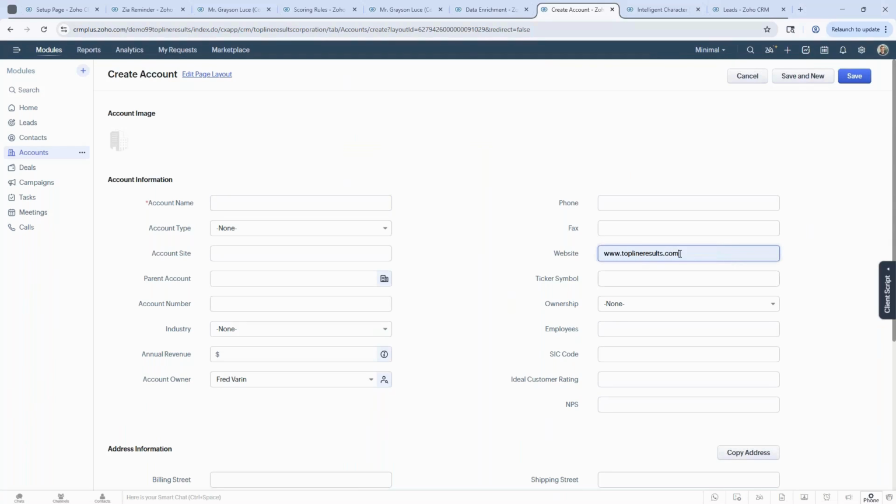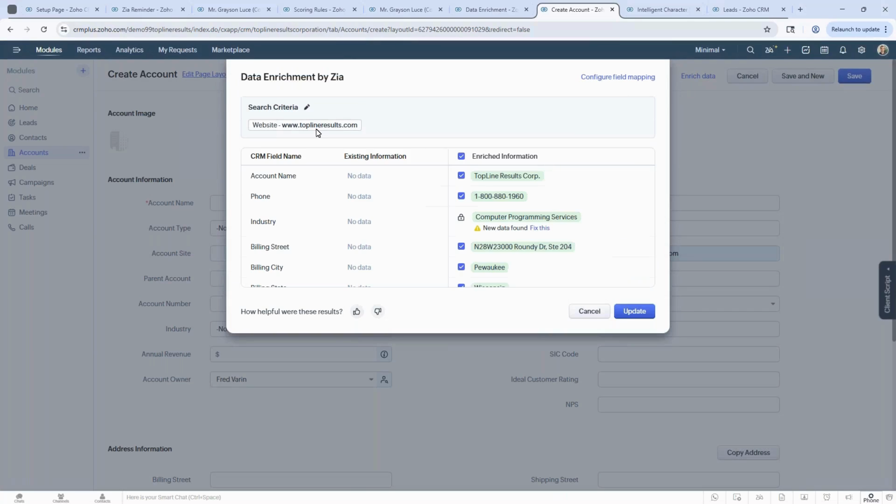And you'll notice once I fill out that information and I save that field, we'll now have this enrich data button that appears at the top of our record. When we click this enrich data, this is going to pull up this data enrichment screen where Zoho is going to walk us through basically all the information it's going to try to pull over and enrich for us based on that mapping that we had set up